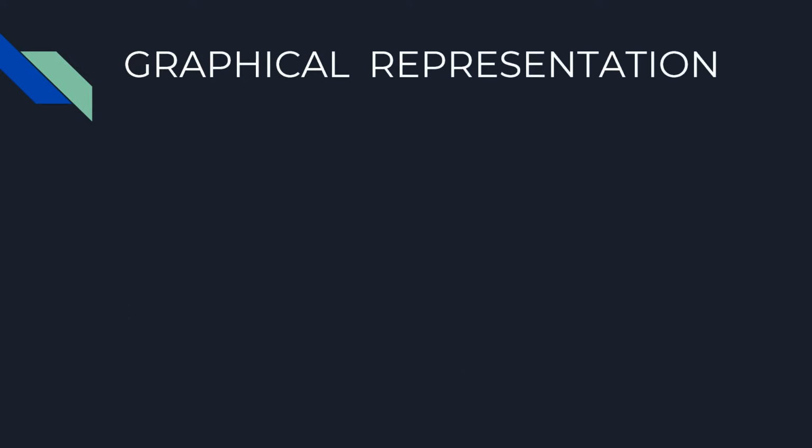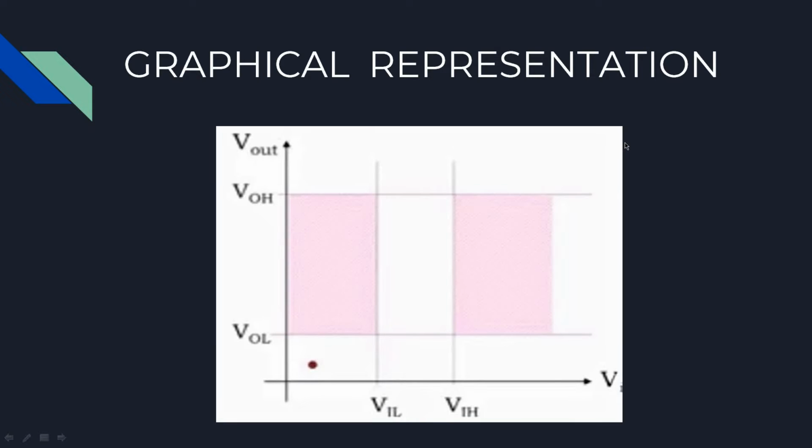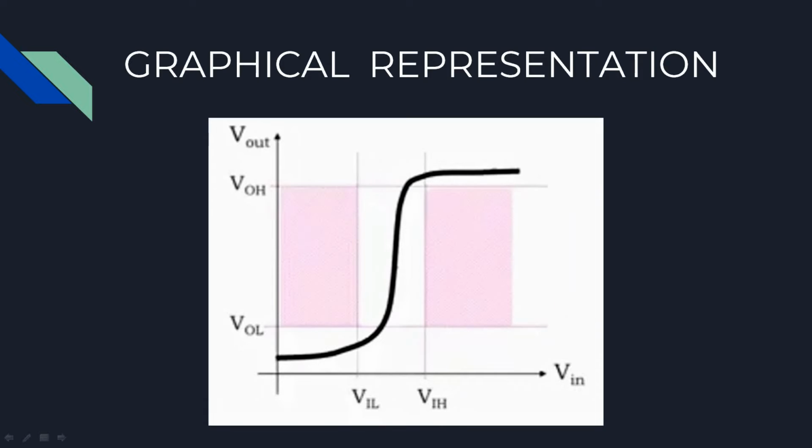We'll plot the result on the graph with the input voltage on the x-axis and the output voltage on the y-axis. The resulting curve is the VTC of the buffer. If we wait for the propagation delay of the device, the measured output voltage must be a valid digital value if the input voltage is a valid digital value.